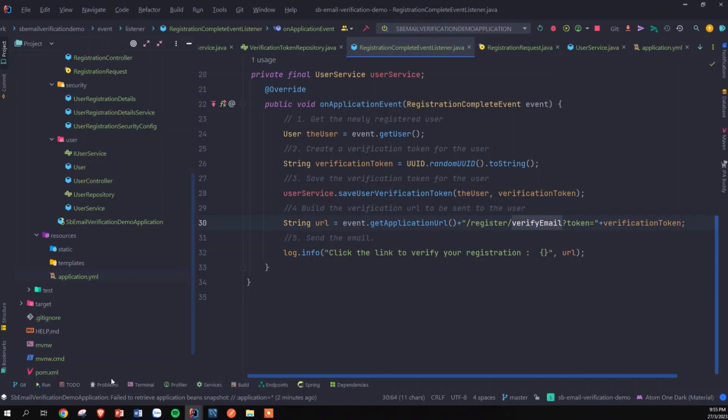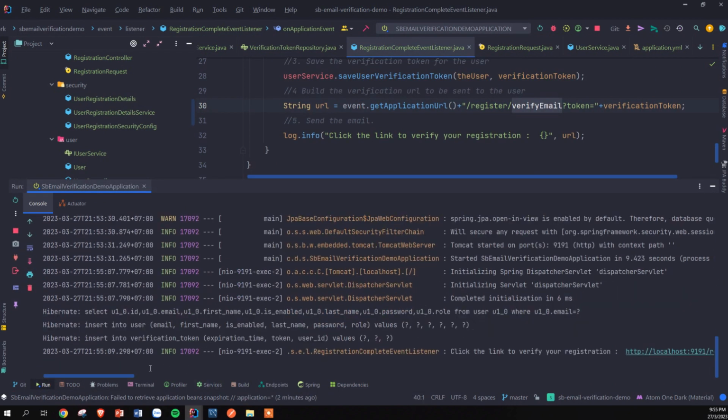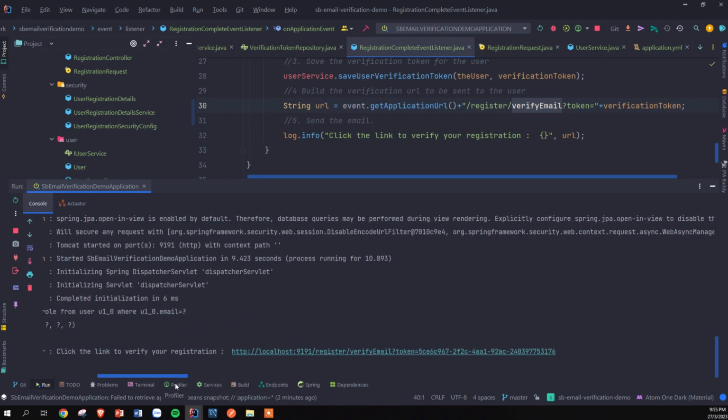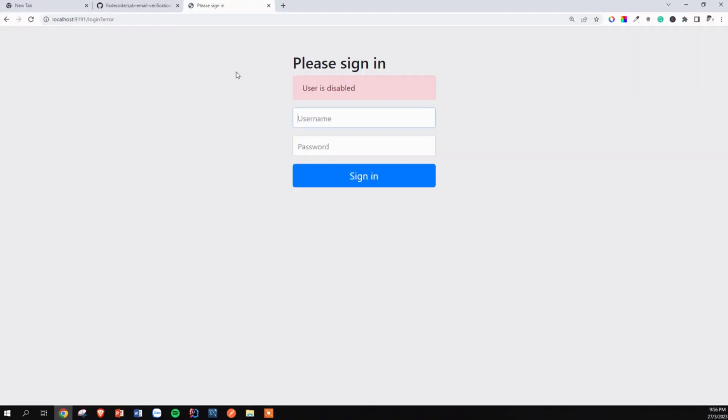Here we're going to copy the link that was generated for us. So now we can see that a verification link has been generated for us here, right? What I'm going to do is right click and copy this URL, and we're going to go back to the browser. Let's go to the browser, right? So here I'm going to refresh,